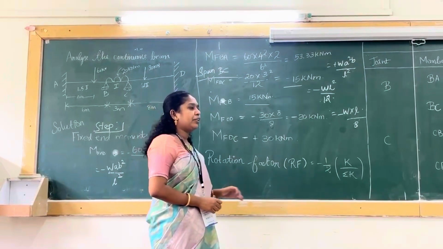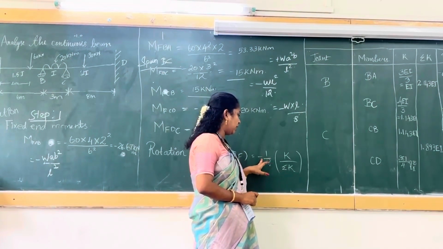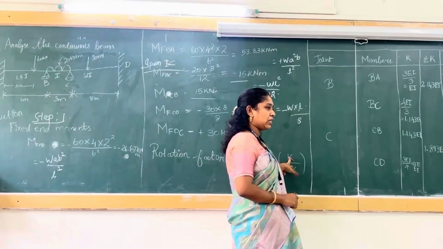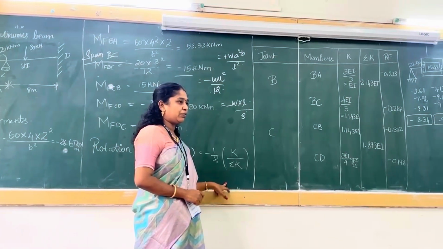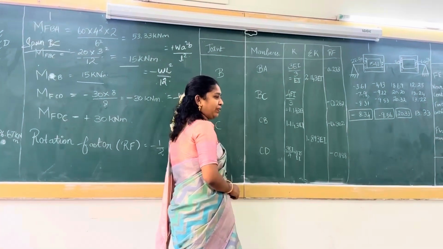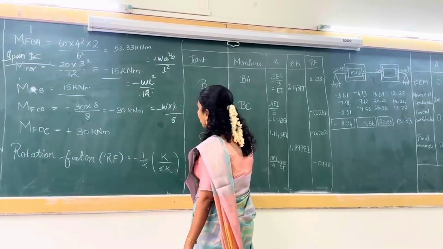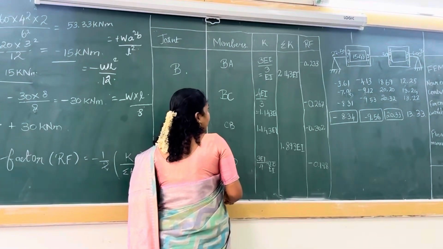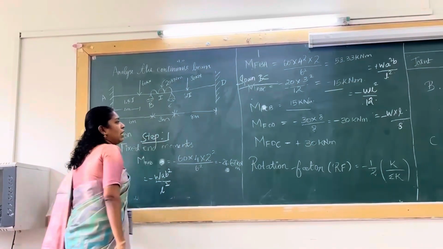So now we need to find out the rotation factor. The rotation factor formula is nothing but minus 1 by 2 K divided by summation of K. K is nothing but the stiffness of that particular span and summation of K is the overall stiffness values. So now step 2, we will calculate the stiffness factor for individual spans. So we will consider the joints. So joints are B and C. Members are BA, BC, CB, CD. So we know if the far end is hinged, we will have the equation as